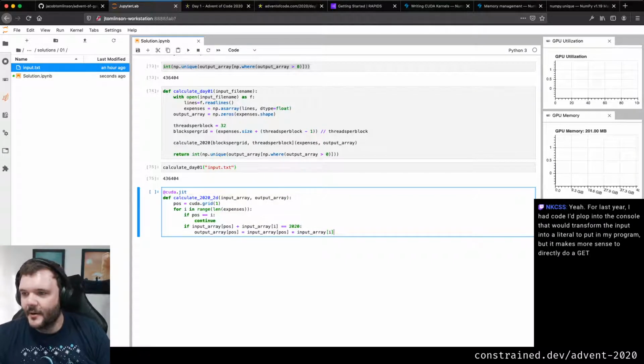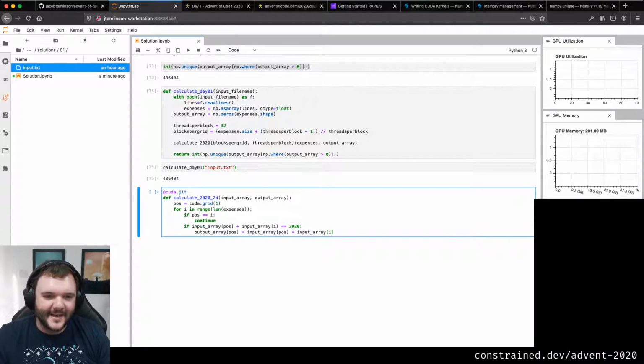You just call get input and pass it the day, and it goes and grabs it for you or something. It could be a useful thing. I think given the amount of time it takes to copy and paste, and the amount of time I'm just kind of waffling and reading documentation about Numba, I don't know if it's worth me implementing that. Maybe I'll do it later on a later day.